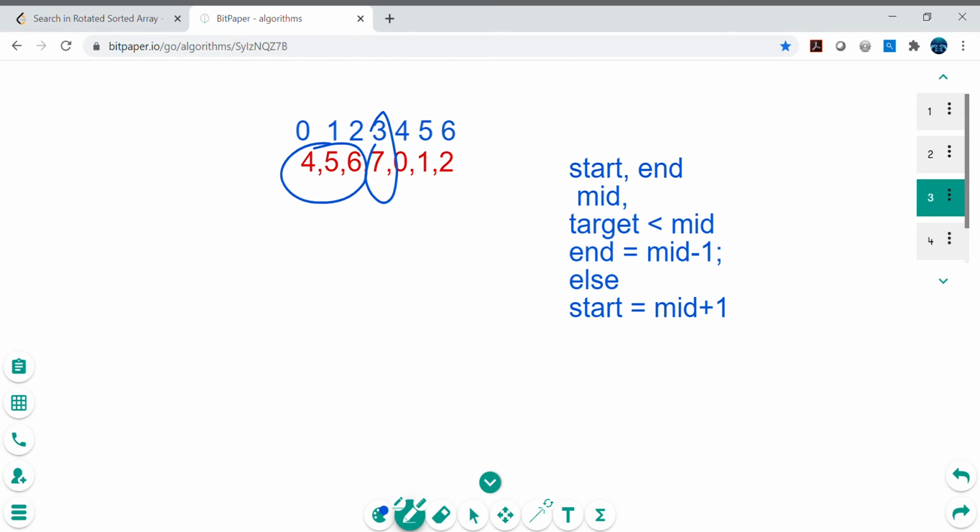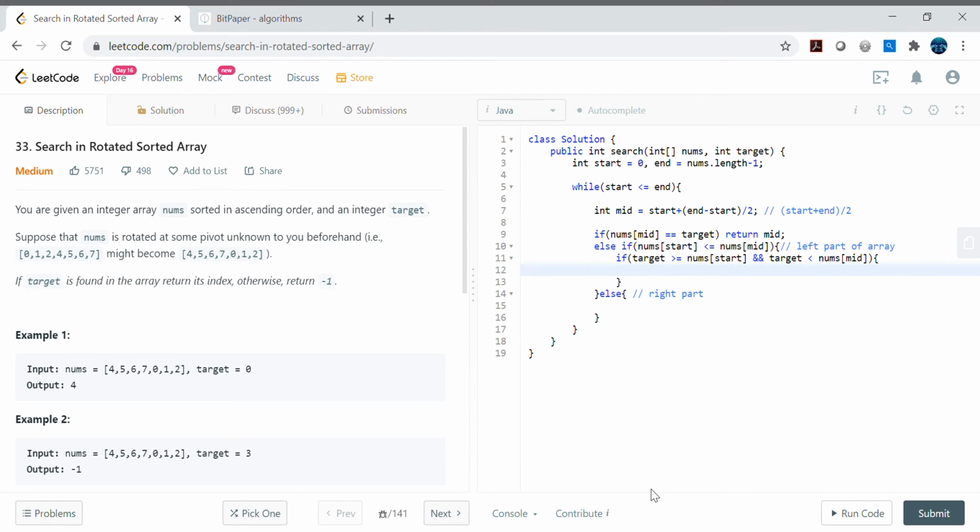If it is in this range, then we set end to mid minus 1. Otherwise we set start equals to mid plus 1, so mid plus 1 will be the new start. So if it is the case, let's set end equals mid minus 1; otherwise let's set start equals mid plus 1.